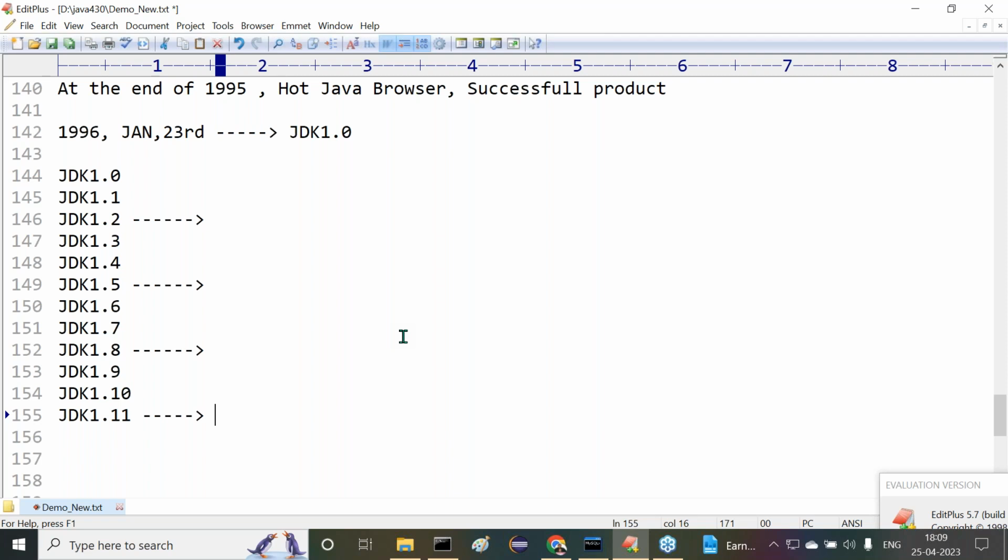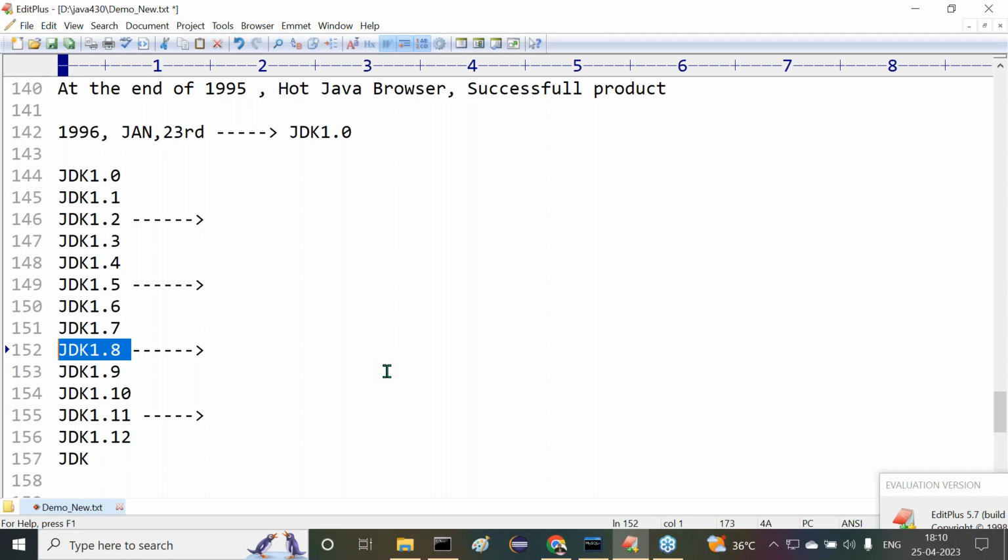Observe carefully. Then after this, JDK 1.12 is namesake only. And one more point I'm telling. Before the JDK 11 version, there was a gap from one version to another, nearly 2 years or 3 years. Especially for releasing the 1.8 version, they might have taken nearly 6 or 7 years. That much time they took, but once they released a version, there was a huge number of updates and more features included there.